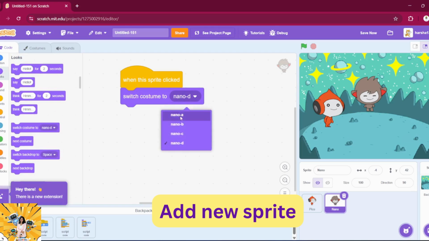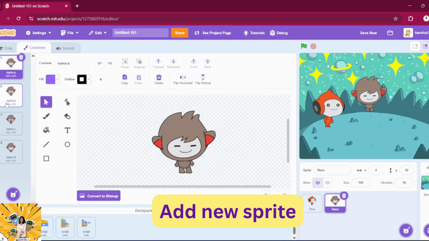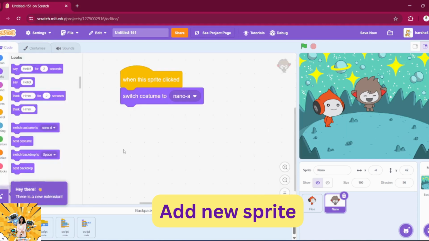Now we will learn about costumes. Let's go to the costumes pane, and here you can see it has 4 different costumes. Cool, right? I want the costume B and A. If we move them, it will feel as if it is talking, isn't it? So let's go ahead